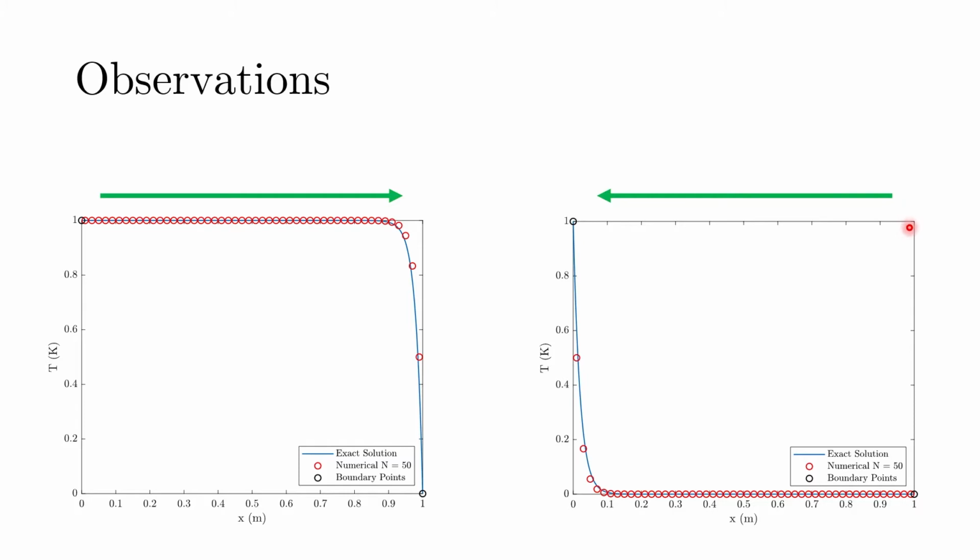And this also holds true when we reverse the flow direction. Now when the flow is from right to left, the upstream point is the right boundary, and the downstream point is the left boundary. From the observations, we see that the value of T at x equals 0.5 is the same as the right boundary, or in other words, the upstream value. If you have understood what I'm trying to say here, you have pretty much guessed what the upwinding scheme is, because it is based on these observations only.